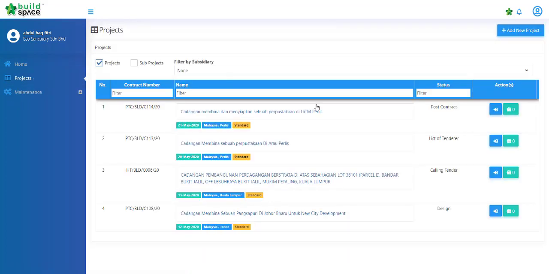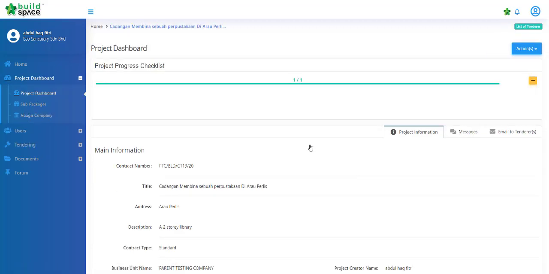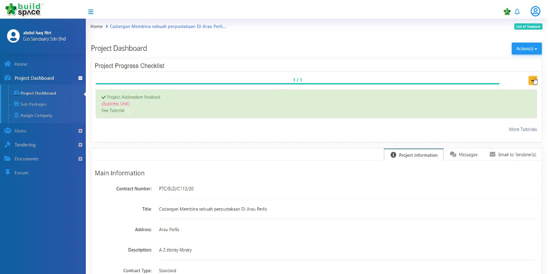and also how to print certificates. Let's begin. First and foremost, go to the project that is in post contract stage and then check on the checklist to see whether or not it is completed. And then we go to the users, to the contract management,